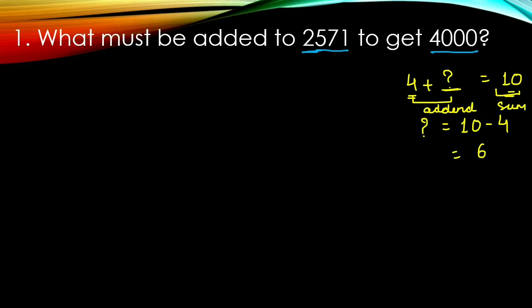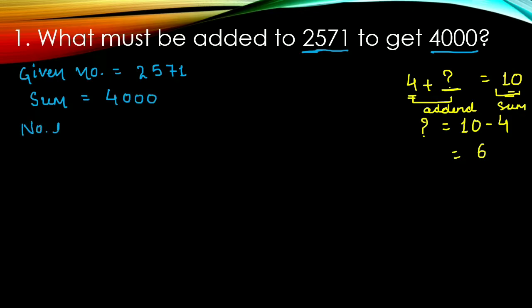So here also the given number is 2571 and the sum is 4000. We have to find the number to be added. That will be equal to the sum, that is 4000, minus the given number